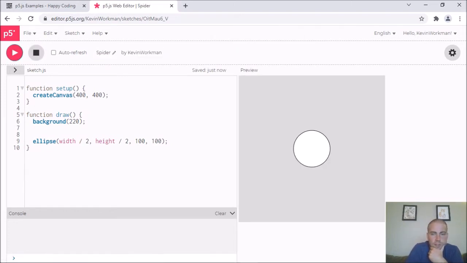So there's my beautiful spider. It's my baby spider. Maybe it's a spider egg, we'll call it. That's cute. I'm drawing the ellipse in the center, width over 2, height over 2, and I'm drawing it at 100, 100. Now, I'm not actually scaling this ellipse yet, so if I say decrease the size of my